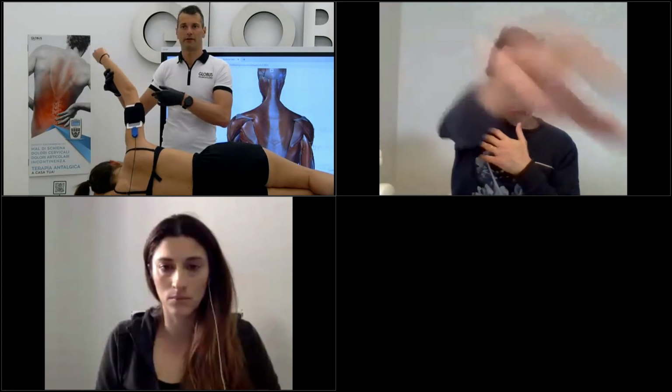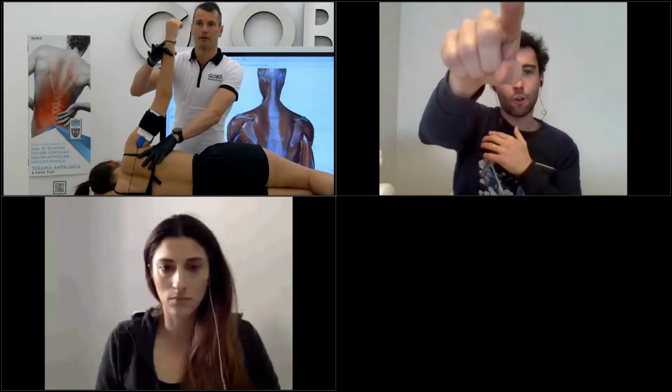You mean you put the arm under your own shoulder? Yeah, sorry, my shoulder. Put your arm under your shoulder, yeah, exactly. I put the electrode on the other side, and I can slide with the fascia and actually mobilize the scapula at the same time. It's a very good technique for me.